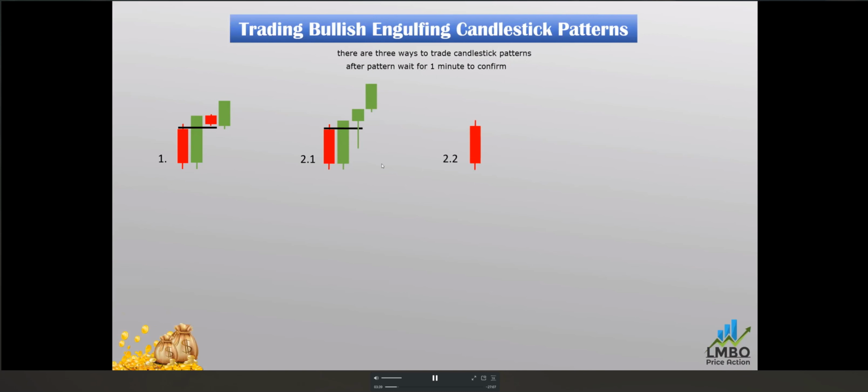Or if you find an engulfing and the next candlestick is an inverted hammer, now you can go for the buy. Or if you find an engulfing and then a spinning candle, then you go for the buy. So here there is a wait of 1 minute, or a wait of one candle. These candlesticks are called the continuation sign.